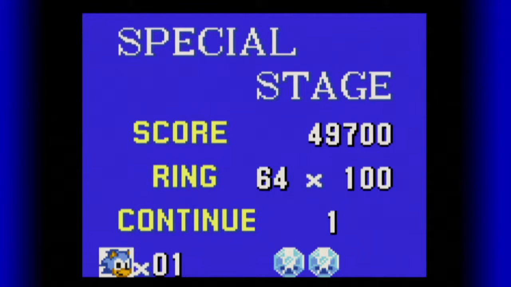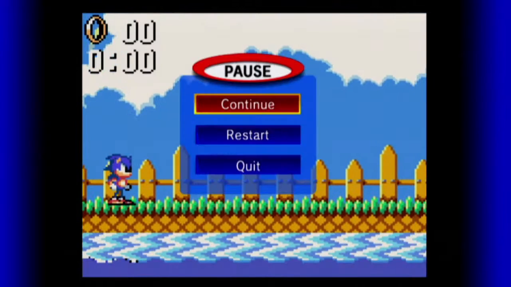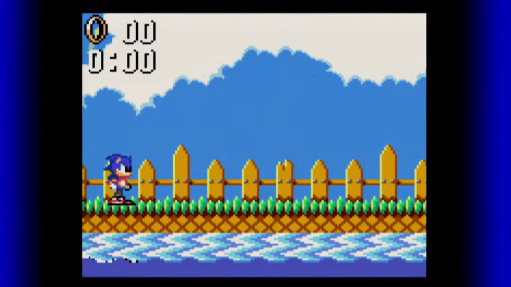There's one weird... Well, there's two things. One thing is unique about the Game Gear emulator on Sonic Adventure DX, and one that's kind of a bummer. So, you hit this button to bring up the menu to reset the game or quit. If you do this...